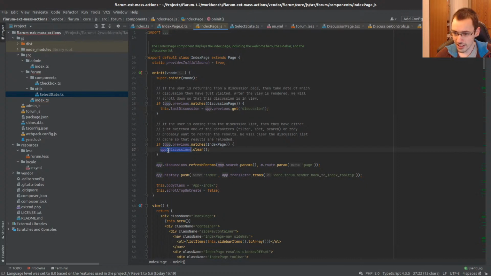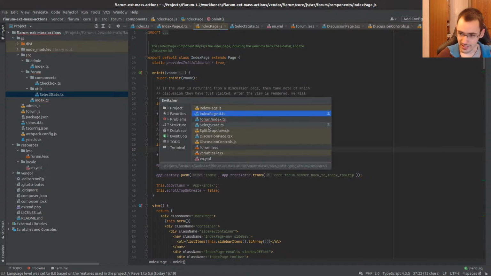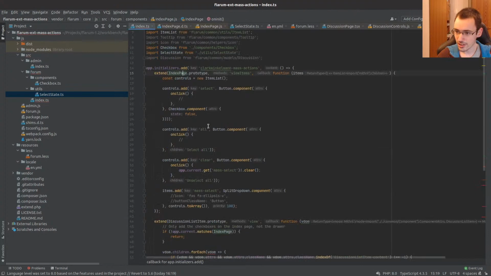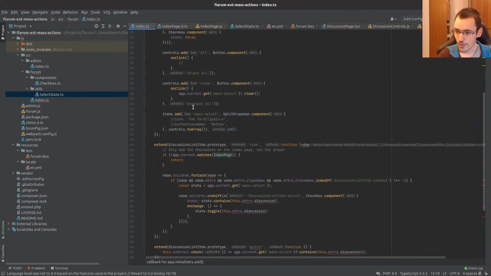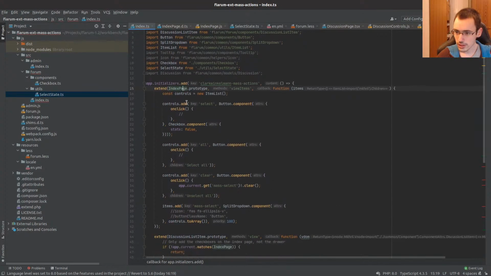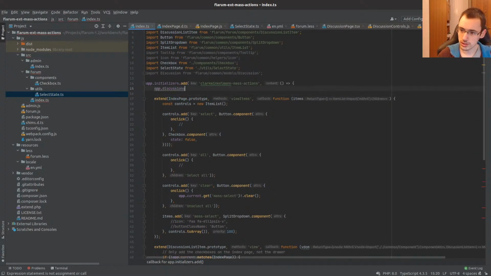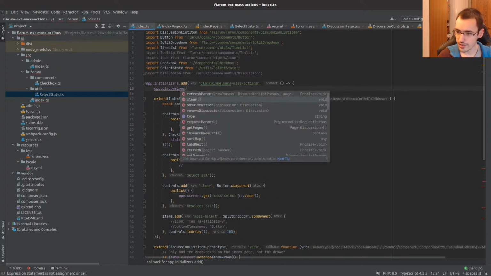So everything is inside of the app.discussions global object. Okay, so this one is probably already type hinted. Let's go back to here. So app.discussions dot